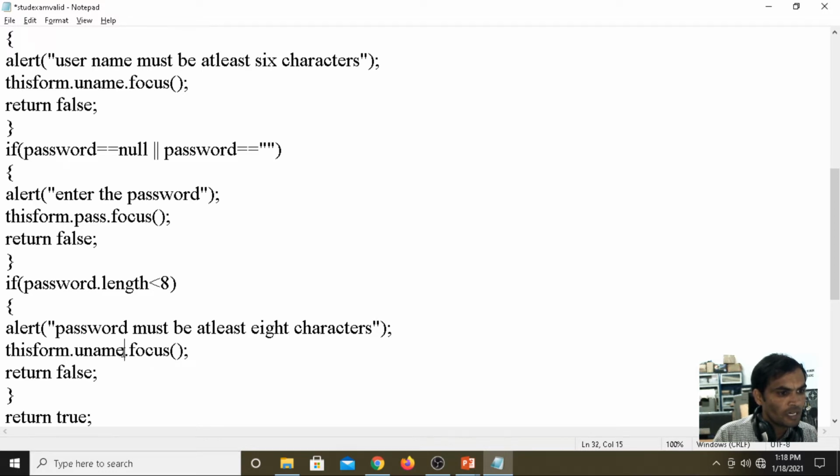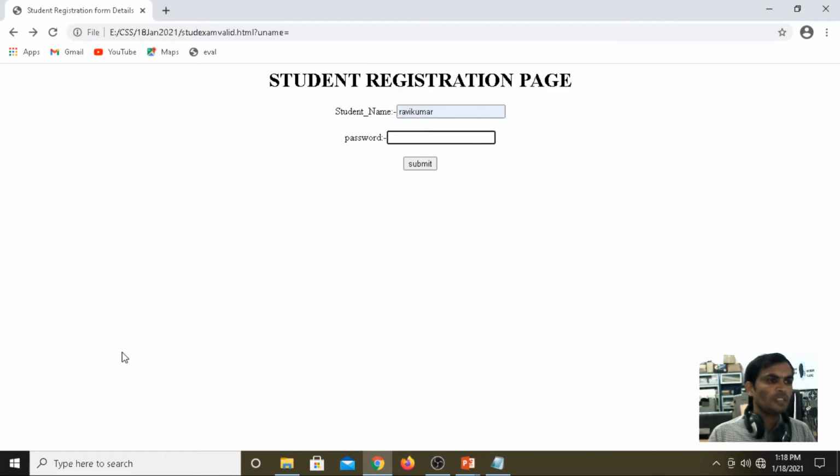Then pass focus. Then Control S, press F5.